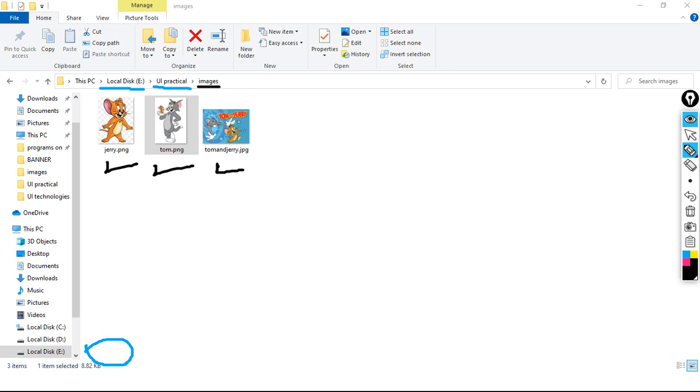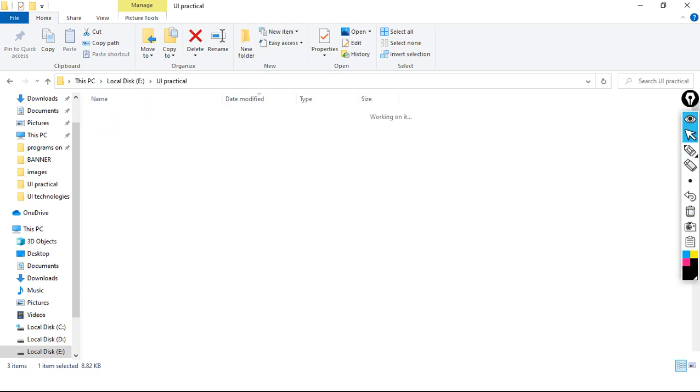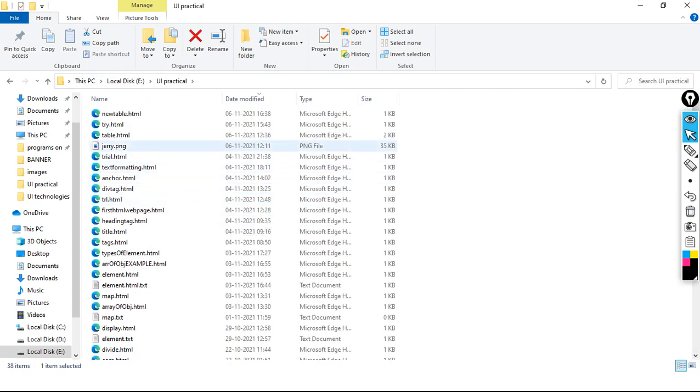Okay. Now, on the other hand, in the UI practical folder I have, see here, in E I have UI practical, and in UI practical I have the jerry.png image directly.